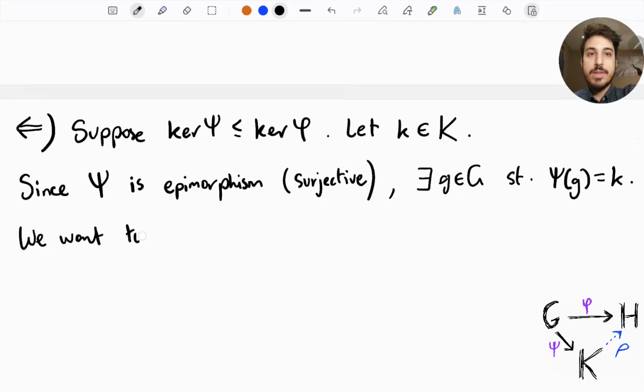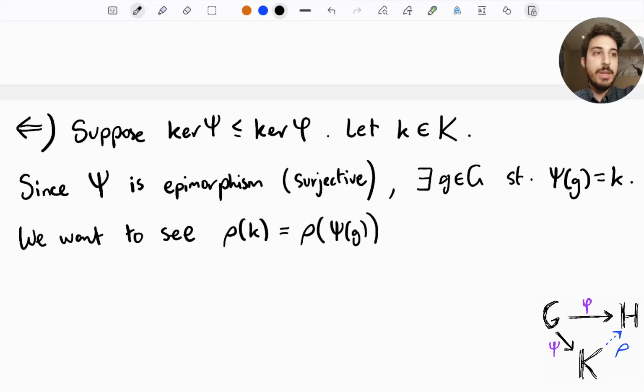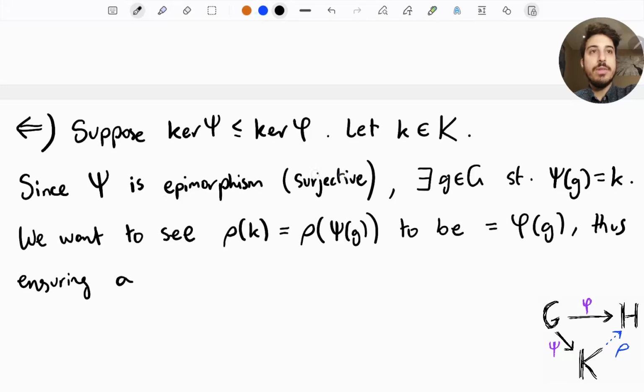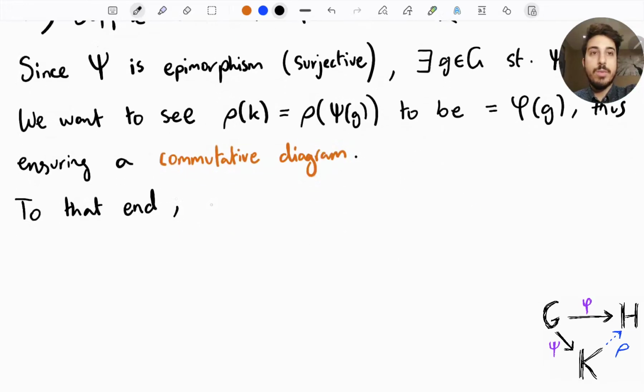We want to see a commutative diagram. We want to see that rho of K, which is equal to rho of psi of G, where I just replaced K by psi of G, is equal to phi of G, thus ensuring a commutative diagram. In other words, a diagram that does not take into account the direction you use, you're always going to end up in the same result. So to ensure that, we define